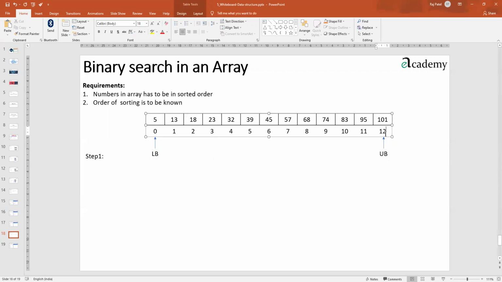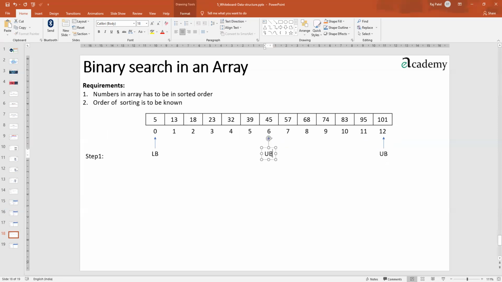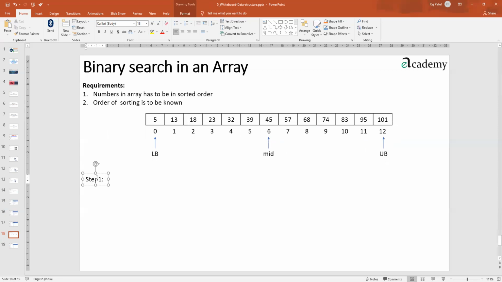So the middle box would be, if we consider it as 12 boxes, then 6, so 3 plus 3 is 6, in total 13. So this is the 7th one and 6 there also. I think this is the middle location. But if I ask you to write down a formula, what would be the formula of the mid location? Here also I would say the steps are simple.